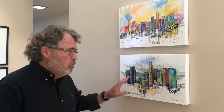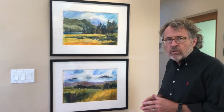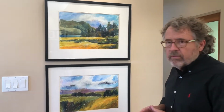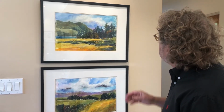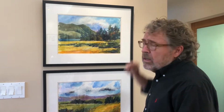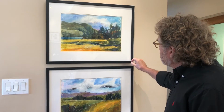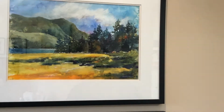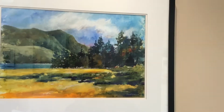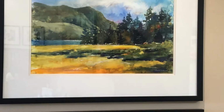As a contrast to this more modern frame, I have here 2 paintings that are done in a traditional watercolor frame. I have a number of Colorado landscapes that will be available for sale. And this is how I frame them. This is done with a double matte of Arctic White Crescent matte board. It is a simple black square wooden frame, regular clear glass. I don't like the non-glare glass, which gives it a nice finished appearance and is much more traditional than the modern